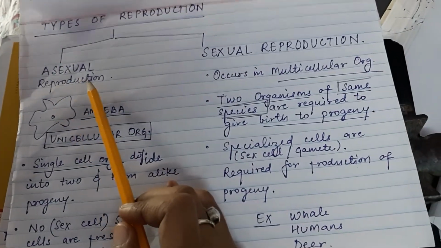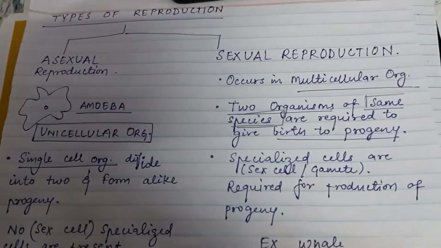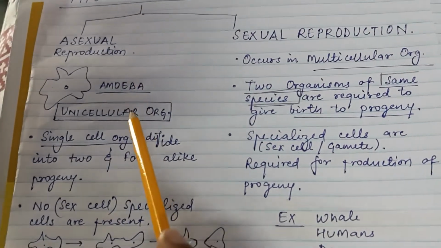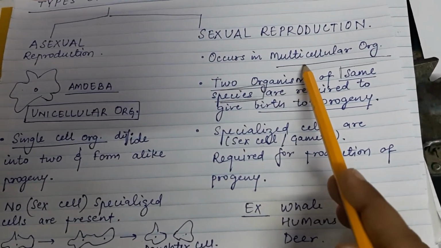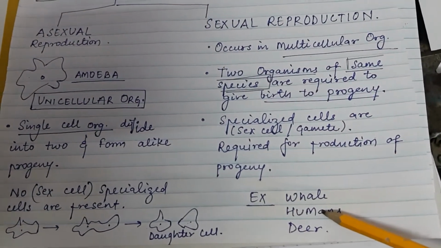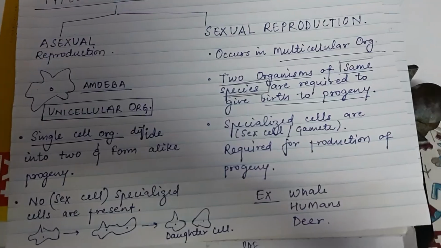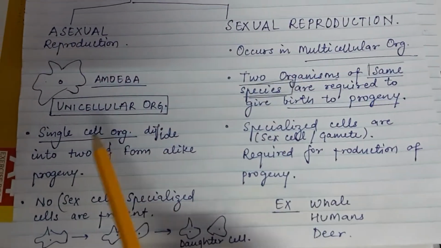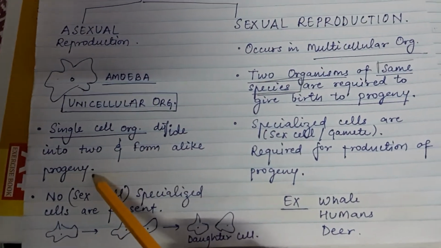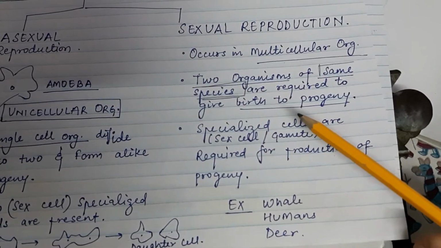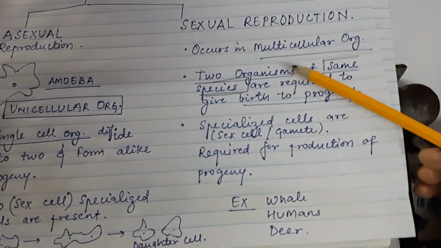We have asexual reproduction here. Here we have sexual reproduction. It takes place in the unicellular organisms like amoeba. It takes place in the multicellular organisms like humans, whale, deer. In this, only a single cell is required to form the progeny. So I am telling you again, it requires only a single organism which divides into two to form progeny, that is daughter cells. While in multicellular or sexual reproduction, it requires two organisms of the same species and gives rise to the